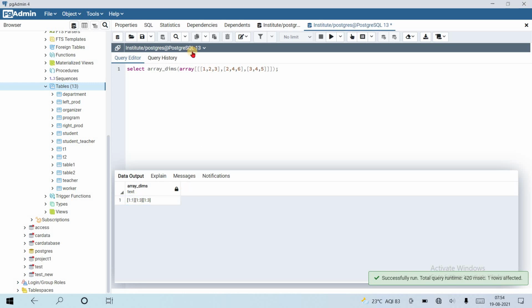When I used ndims, the return type was integer, so it returned the number of dimensions. This dims function returns the length of the requested array dimension. Its return type is text.